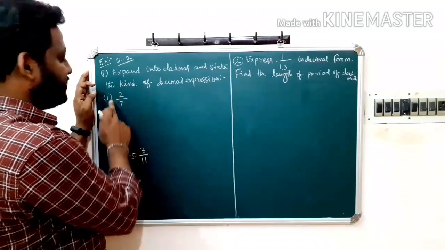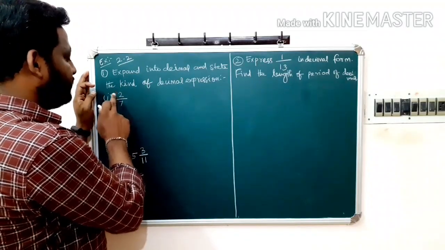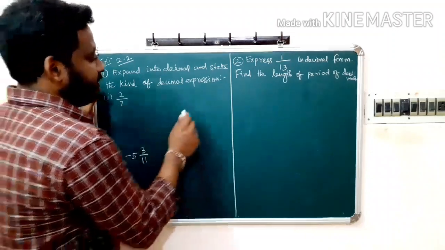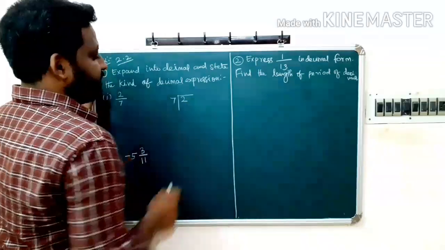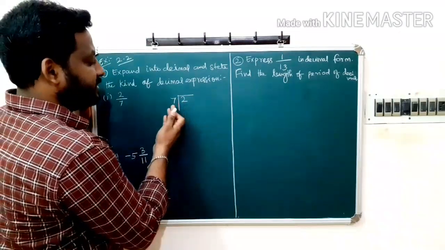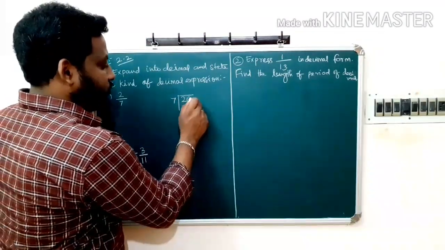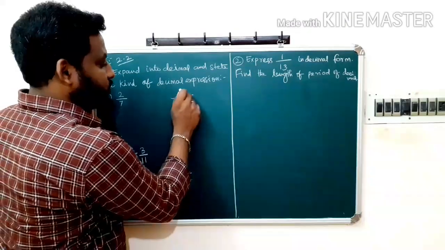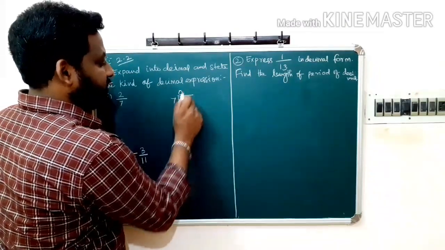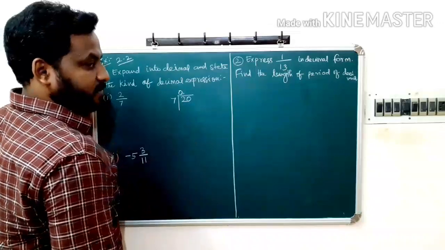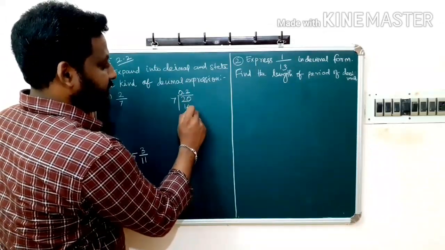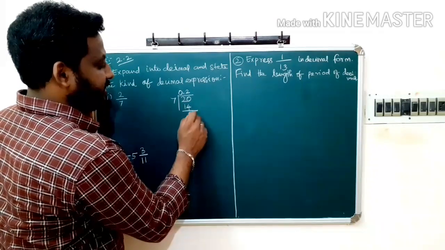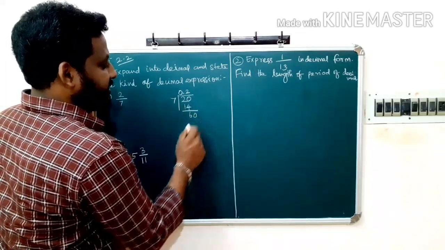Okay. So first of all, what is the number given? 2 by 7. The rational number is 2 by 7, which means 2 will be divided by 7. Obviously we know that 2 is less than 7, so we have to add 0 here. Make a decimal here, 0 point. So how many 7s are in 20 or below 20? 2 7s are 14. Remainder is 6. Again add 0.